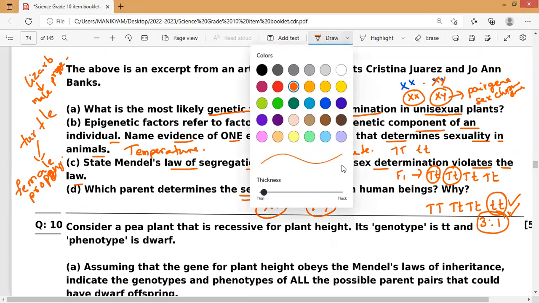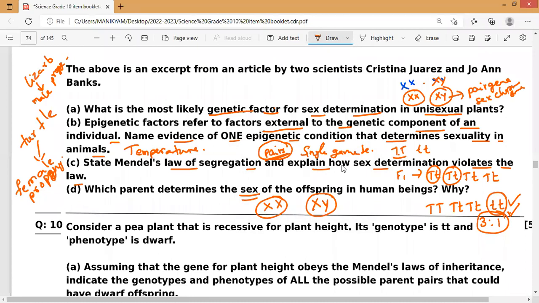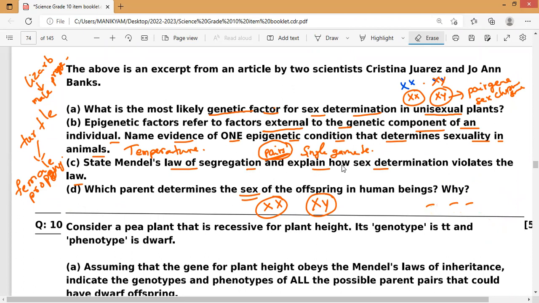or if I take a dwarf plant, is it necessary for both to be required for determining tall plants, capital T, or is one T sufficient? Everybody? Yes, please. To determine the tallness of a character, suppose of a plant, either it is a tall plant or a dwarf plant, if you have taken.